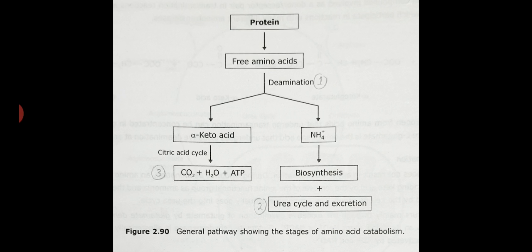Amino acid catabolism involves three steps: removal of the amino group from amino acids, that is, amino acid deamination, and conversion of amino groups to ammonia, then the formation of urea from this ammonia in the urea cycle,